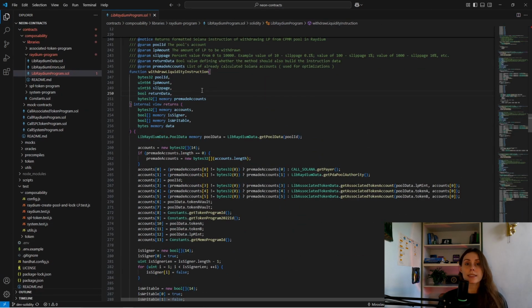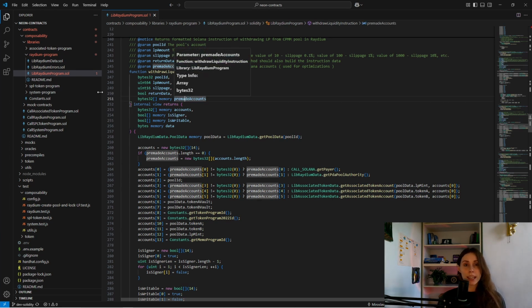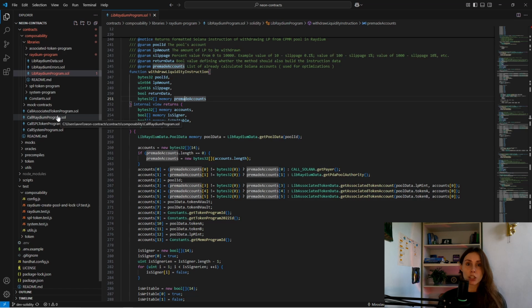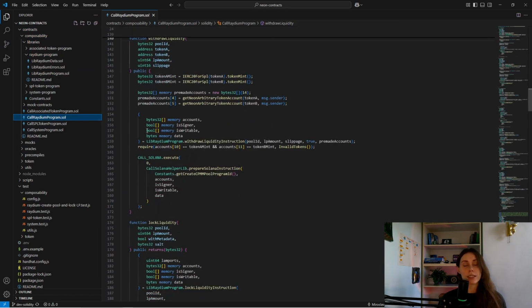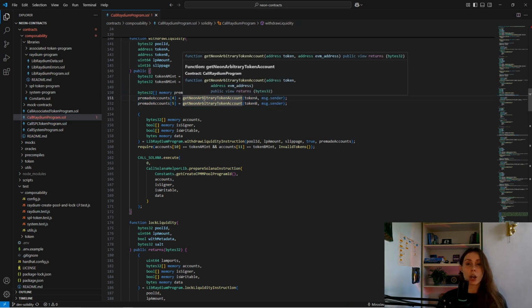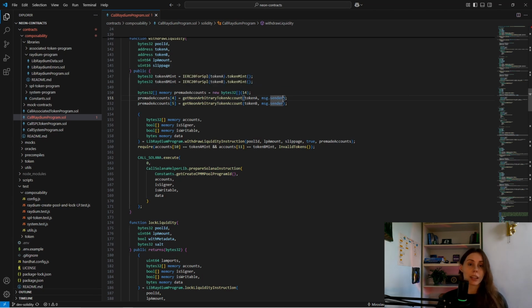Now we pass the pre-made accounts here because we want the contract to send token A and token B directly to the user. So why do we withdraw not to the associated token accounts, which we created earlier, but to the arbitrary token accounts, which is the message sender and the user? That's really quite simple. We want the transaction to go directly to the user from Raydium and not through the